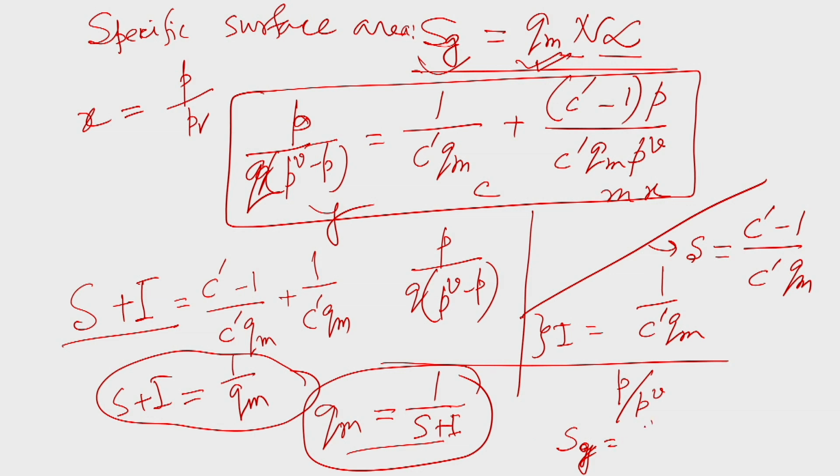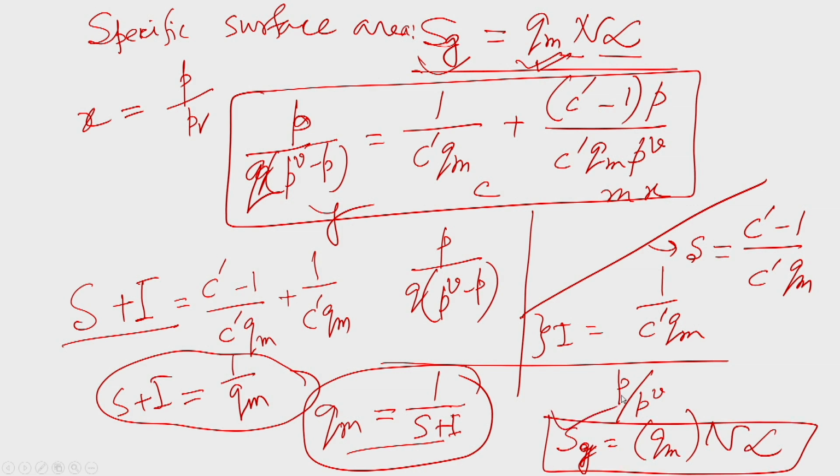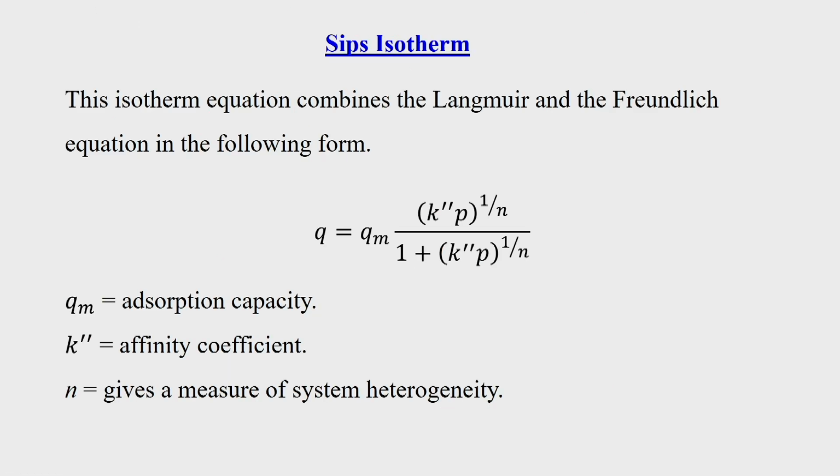So, we will be getting this qm, and we know the Avogadro number and then alpha. So, now we will be able to get the specific surface area. Okay. Now, we will be discussing another isotherm, that is Sips isotherm, though it is not widely used, but